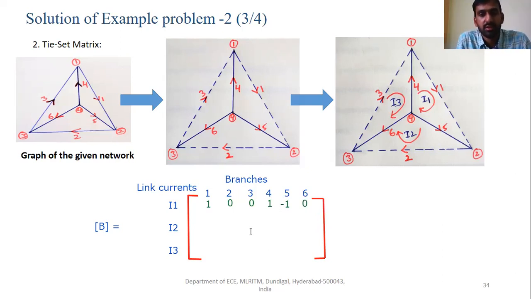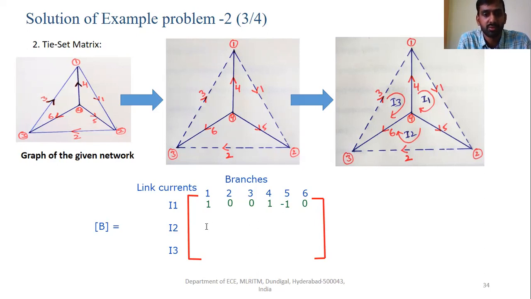So now let us come to loop number 2, or link number 2. As the link number 2 direction and the loop direction are the same, we choose the reference direction of the loop based upon the link number 2 direction only.